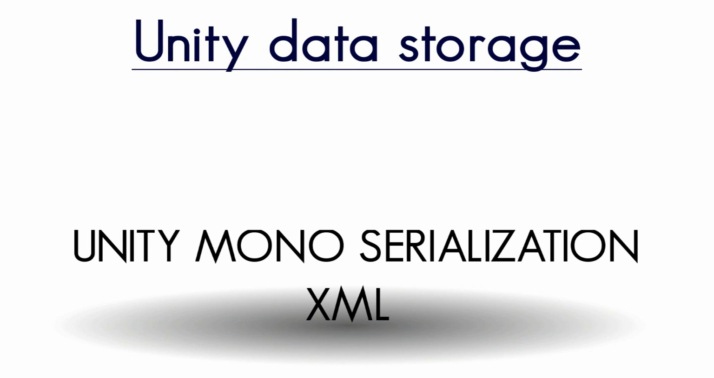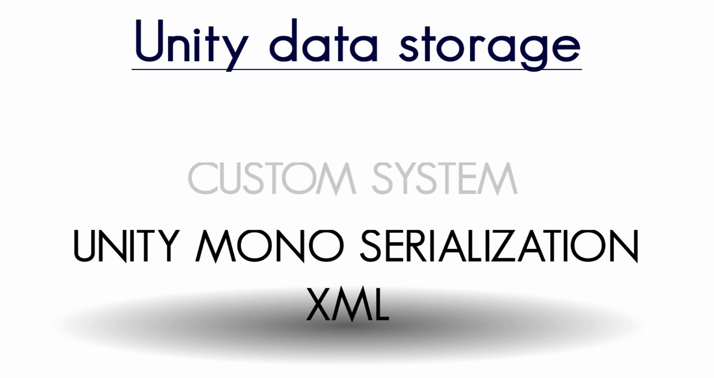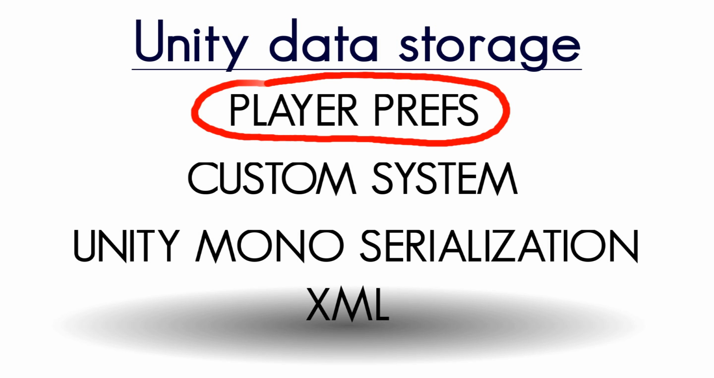There is XML and Unity serialization, which is a process of converting an object into a form that can be readily transported when you need it. You could write a parser or system of your own, but it's quite hard. And then there is PlayerPrefs, which we'll be covering today because it's the most simple way to store data in